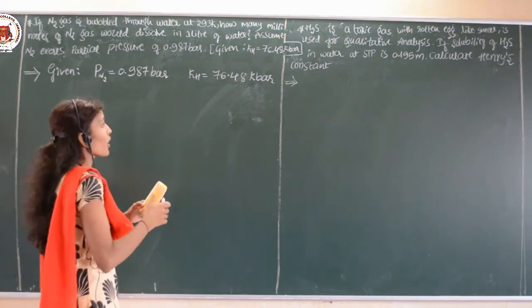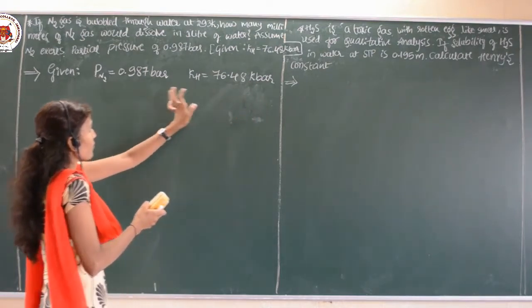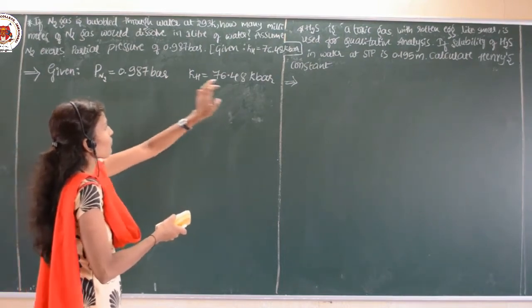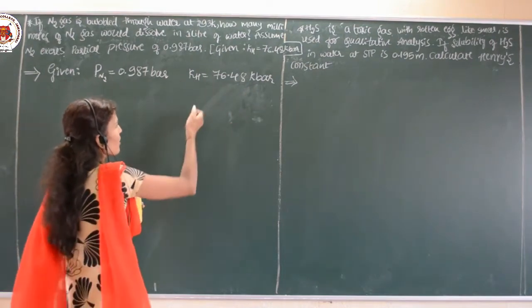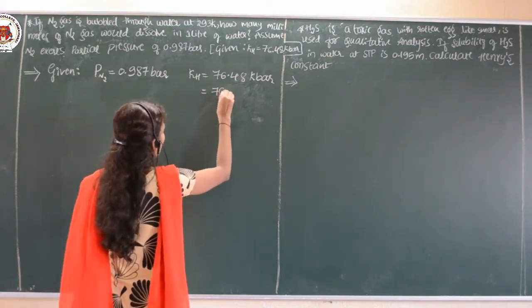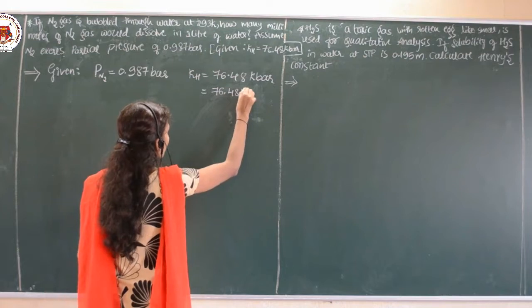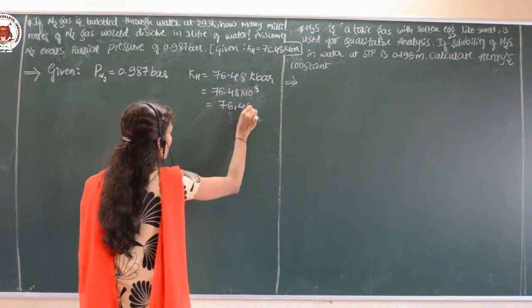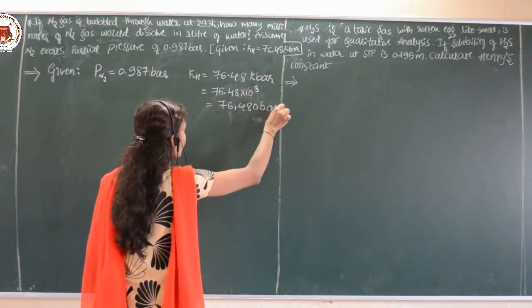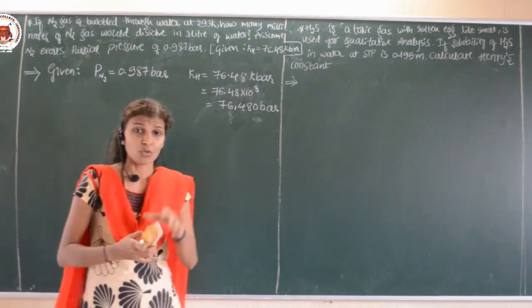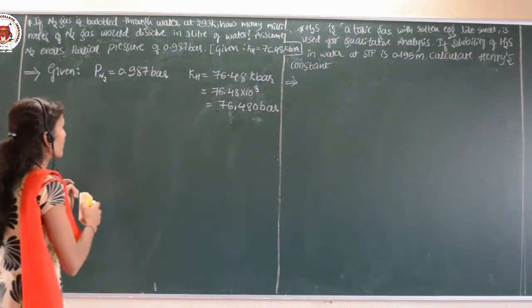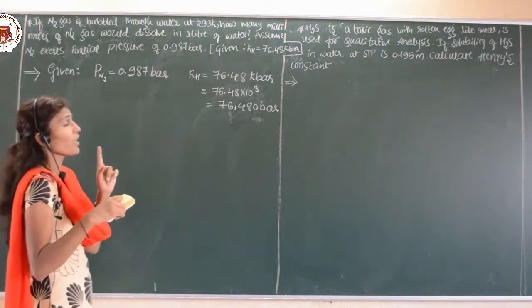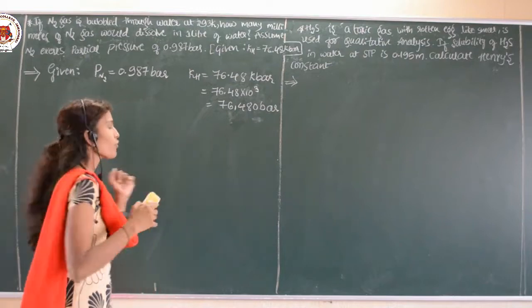Okay. So, we have to convert this kilobar in terms of bar, because both the units must be the same. Either you can convert this into kilo, or you can make this kilobar into bar. So, I will make this in terms of bar. 76.48 into 10 to the power 3, this is 76,480 bar. Okay. So, this is the value which we can convert in terms of bar. Now, what is the question? How many millimoles of the N2 is dissolved in 1 liter of the water? So, let us go for the